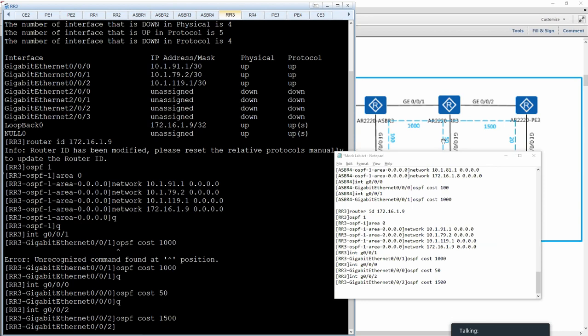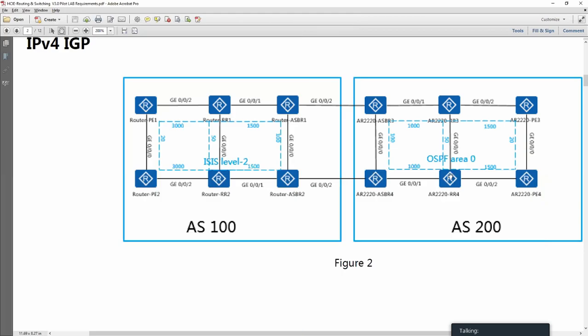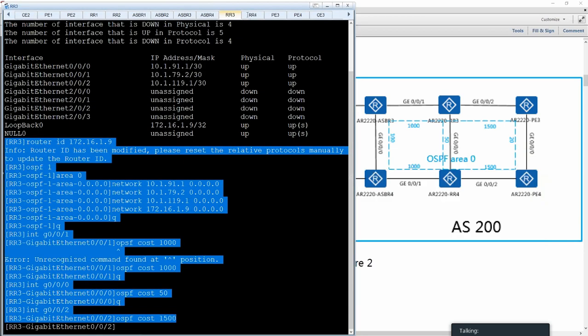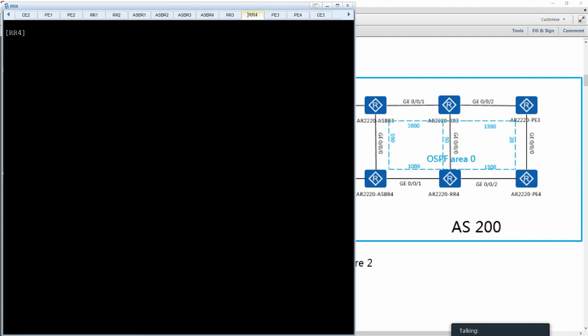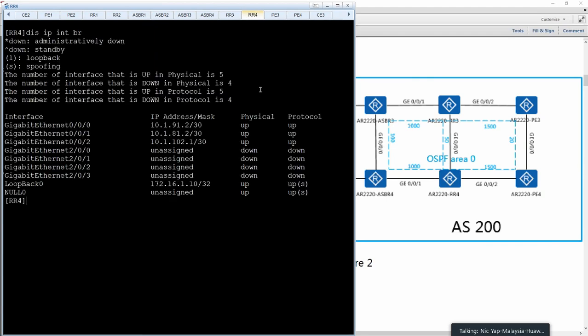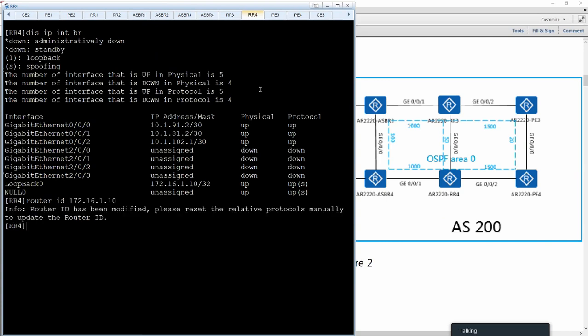Okay, so I will continue with the R4. Display IP interface brief. Same thing, this needs to have 3 physical interfaces and 1 loopback interface. So first I define the router ID 172.16.1.10. All right, then followed by the configuration here, as in